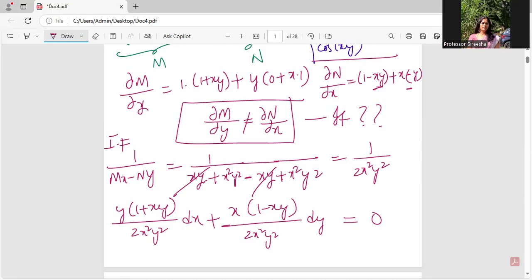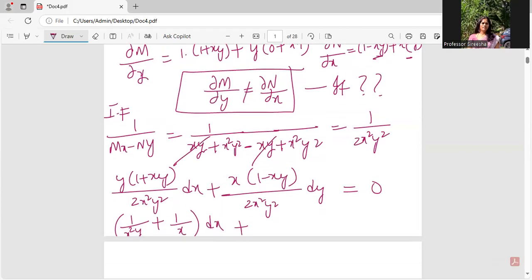Of course, x squared y squared is also common. What else can I have is 1 by x square y, plus in the second term, 1 by x with the dx, plus